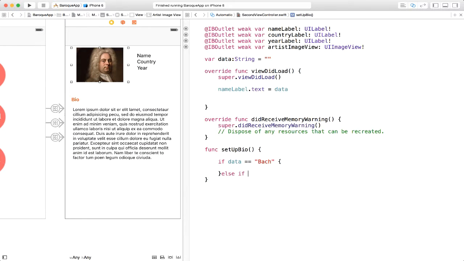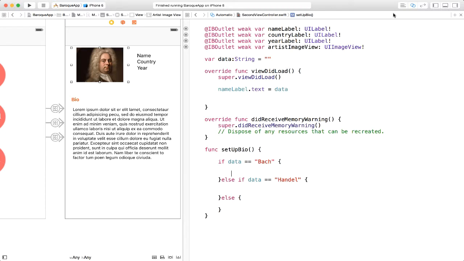Else, if data is equal to Handel, we want to do Handel logic there. Else, the last case here would be, of course, if the data is Vivaldi. So we're just going to go ahead and say an empty body as we did with others. Of course, it has to be 2 equals there to signify comparison.